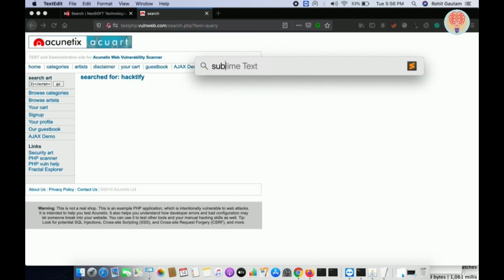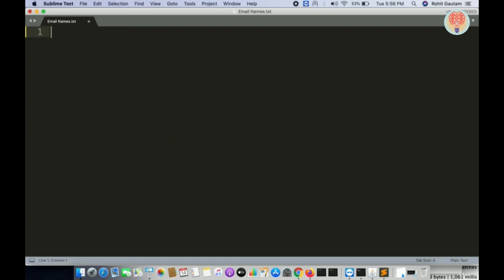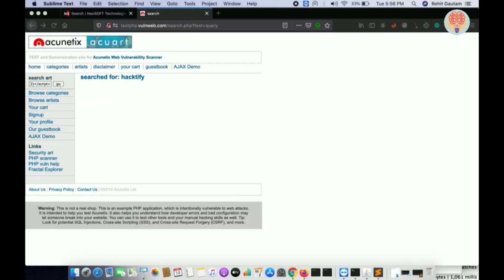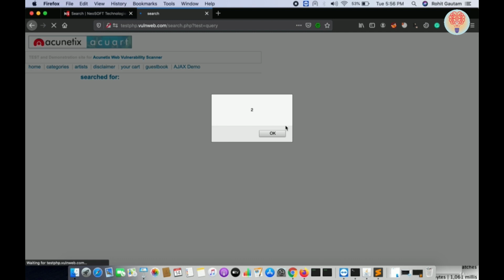Let me open a Sublime text editor and show you what the script looks like. So the script starts, the script ends, and in the middle you can see there is an alert which says 2. So when this script is going to get executed, there should be an alert box with the number 2. Yes,